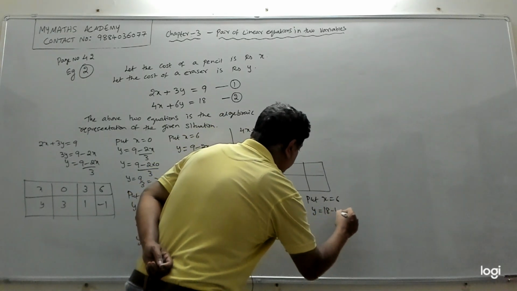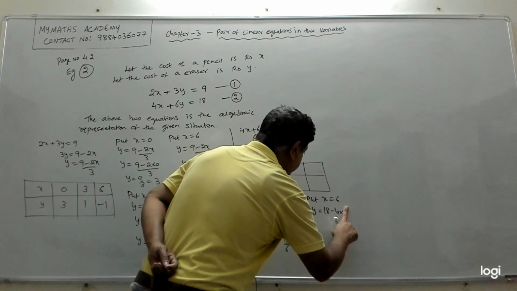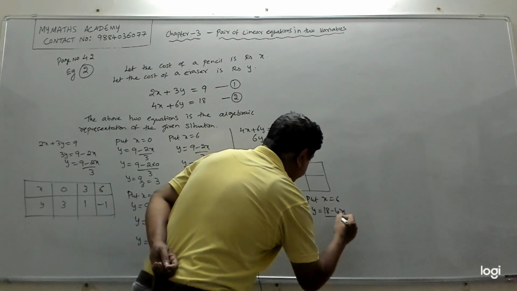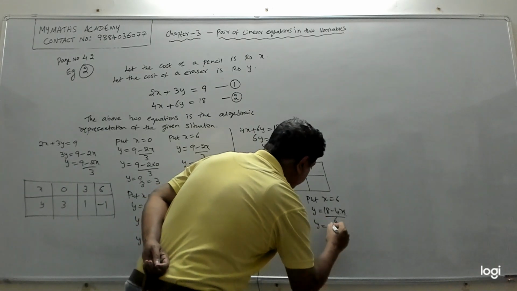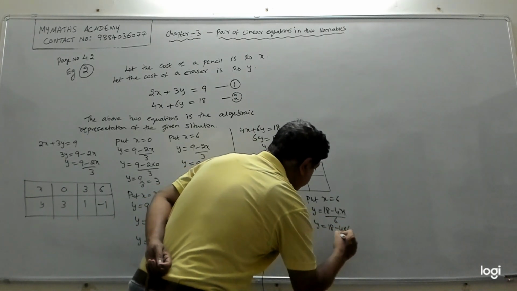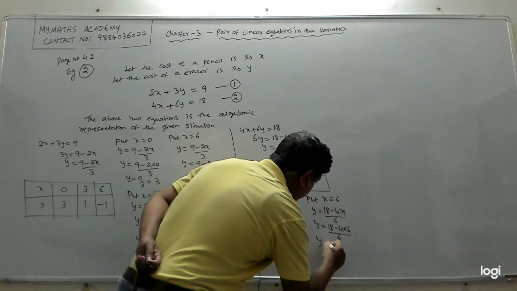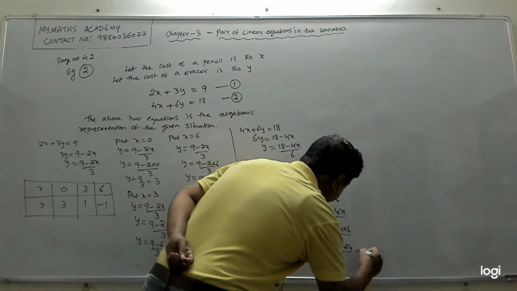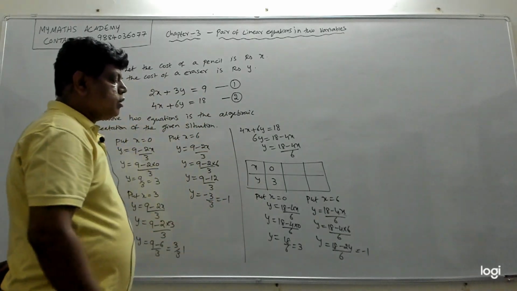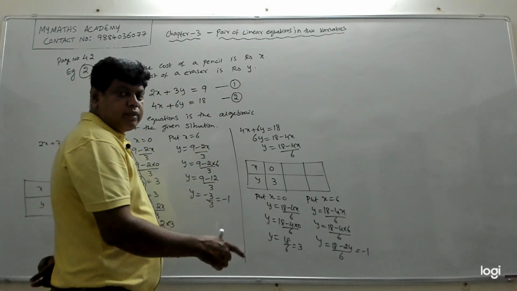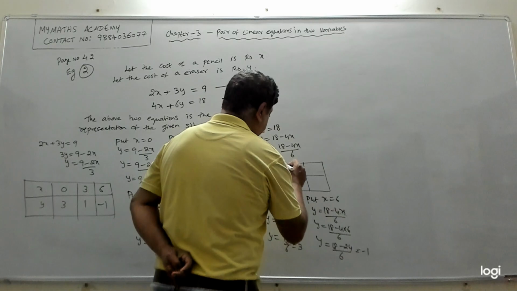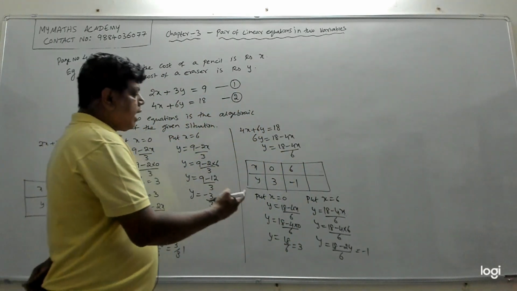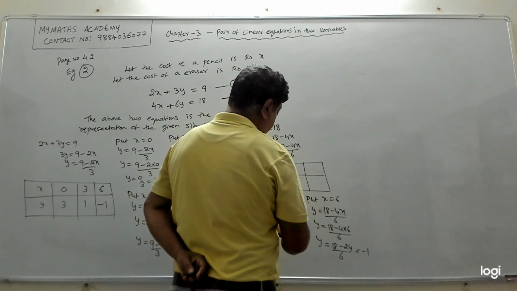But x is equal to 6 if you put, what do we get y as? 18 minus 4 into 6, sorry, 4x. I will write every time 18 minus 4x by 6. So y is equal to 18 minus 4 into 6 by 6. So y is equal to 18 minus 24 by 6. So which will give me minus 1. 18 minus 24 is minus 6. Minus 6 by 6 is minus 1. So when my x is 6, y is minus 1. Then we'll put another value. Again add the denominator 6 to this.